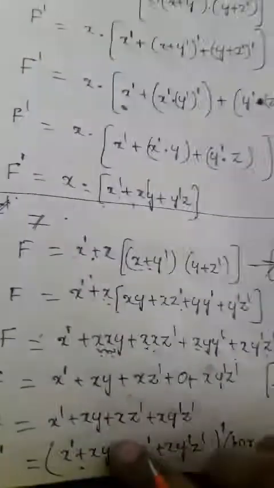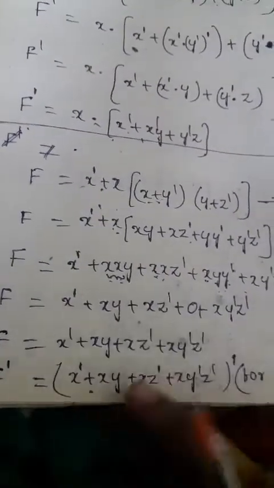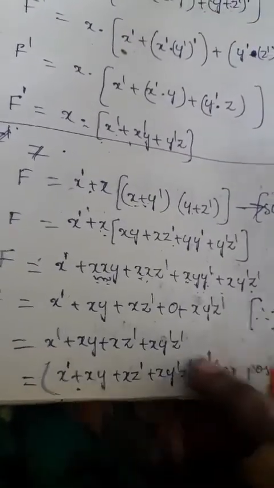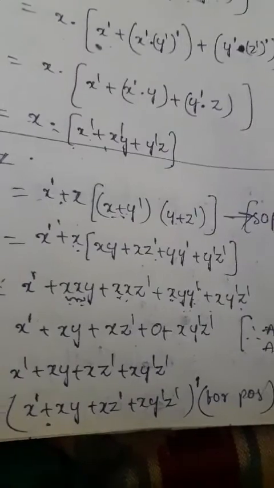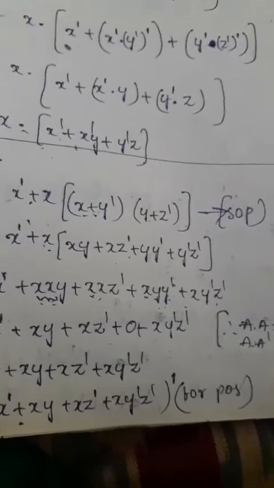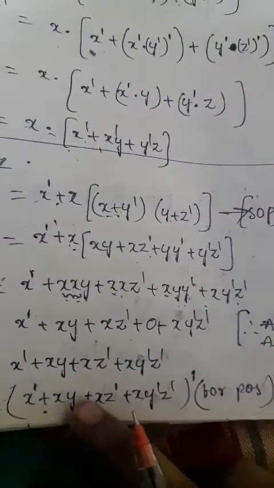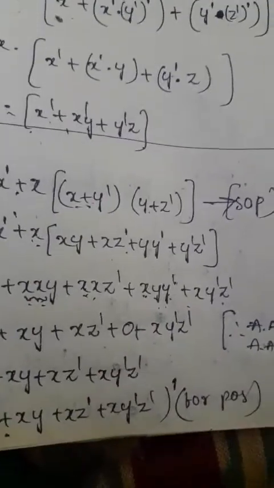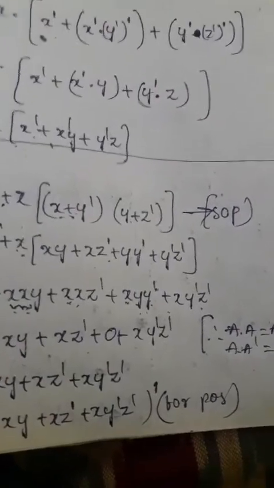Okay, so then we'll get f complement is equal to, so what happens here, product will be converted to the sum and sum will be converted to the product. So now apply the complement for each and every variable. So x complement whole complement into here xy whole complement into, so here product sum will be there now, that will be converted into product. So next xz complement whole complement into xy complement z complement whole complement, right? So like this we'll get the expression after applying the complement. Okay, after simplifying the complement we'll get the expression like this. Now simplifying this part, whole complement means